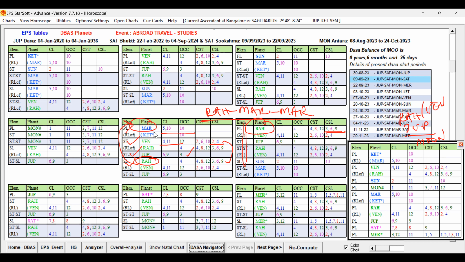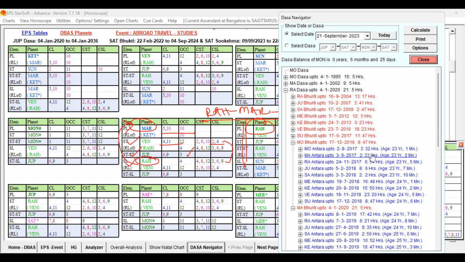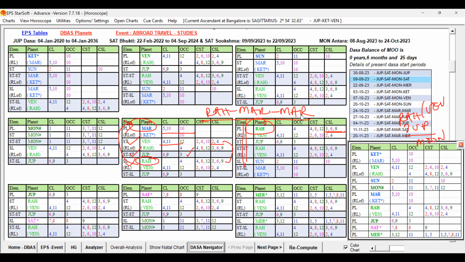But once Mars started at the end of December, she traveled. So she was made to travel during that Mars Bhukti, Mars Antra when it started, end of December. So you can see 3 months before, 2 months before, she would have applied and got all the necessary things, because Venus would have supported for this. Moon Bhukti, Venus Antra would have supported such preparation, and Mars Bhukti, Mars Antra itself at the end of the December, she traveled abroad for pursuing higher studies.